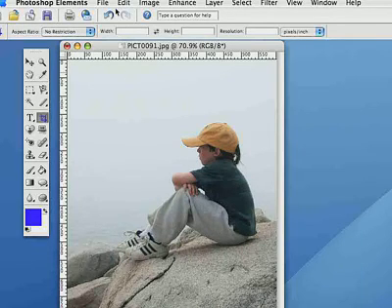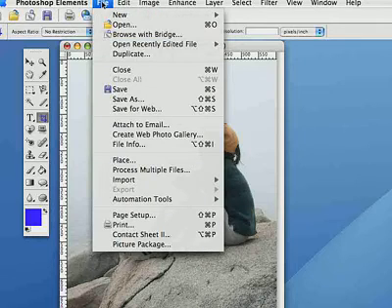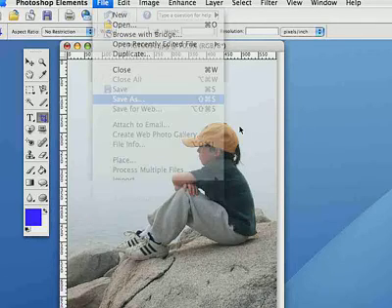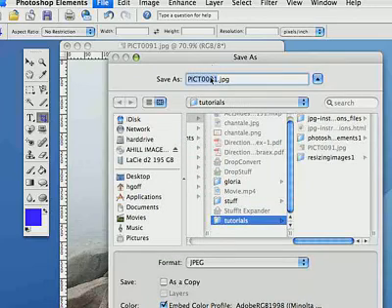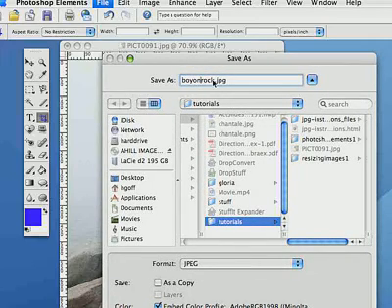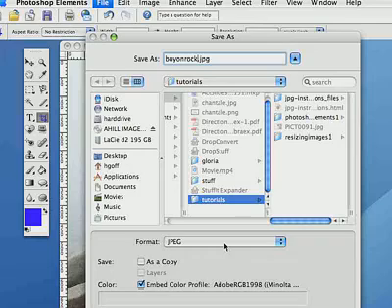So now I'm ready to save it. I'm going to go File, Save As. I'm going to rename it. Now it's important that I don't have any punctuation in the name of the file, and that I don't have any spaces in the name of the file. Punctuation, like apostrophes and number signs, is going to result in a broken image link when you upload the file to your site. So I'm going to name it, and I'm going to keep it a JPEG,